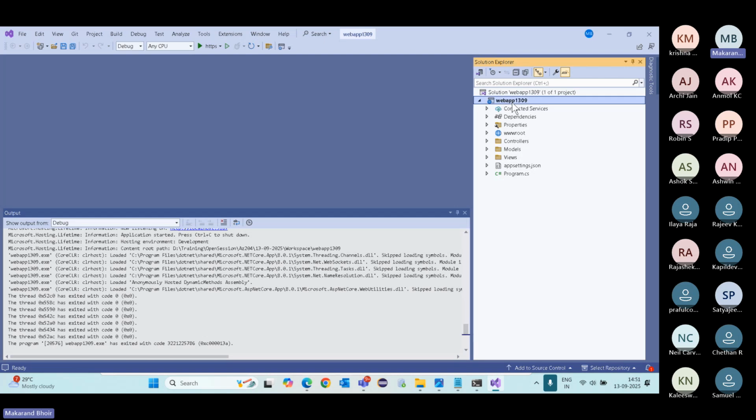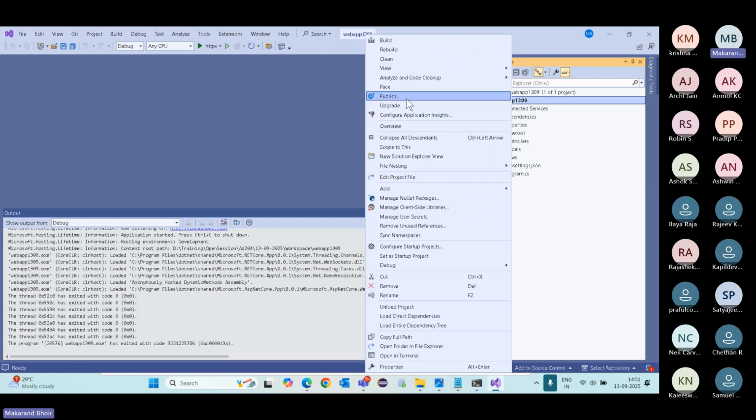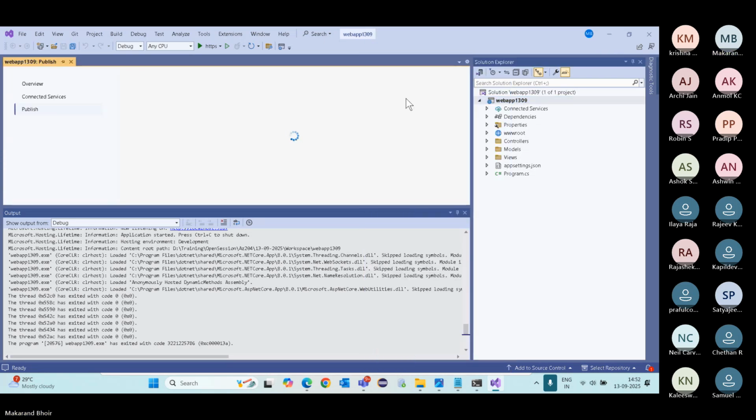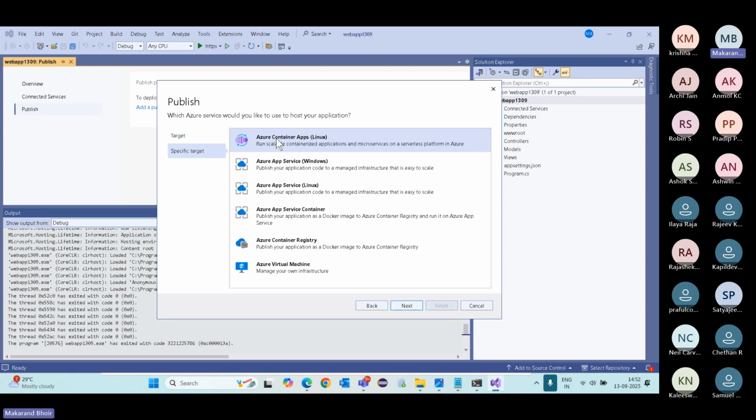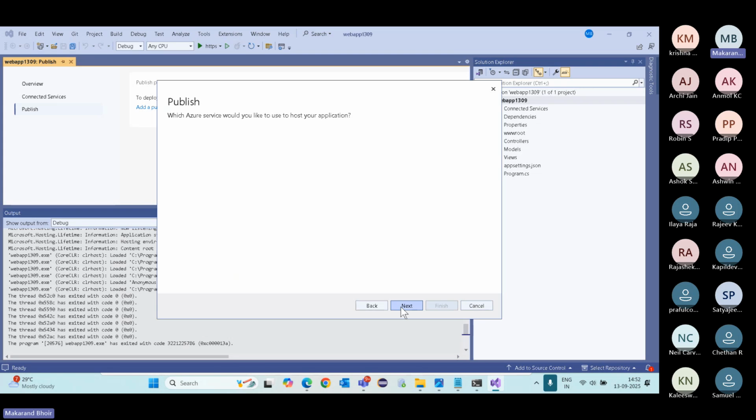I'll right click. Okay, and I'll say publish. So you will be publishing your project. Then it is asking you where you want to publish. So I want to publish it to Azure. So let's select Azure. Then in Azure, you might have different services where you can deploy your project. So I want to deploy my project into the app service, Windows-based app service. Then next,